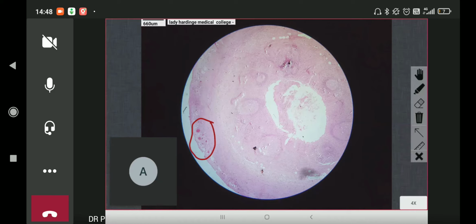Can you please use the pointer? Yes, ma'am. Sorry, what? Ma'am, your cursor isn't moving. So, I can't make out. Can you say it again? Ma'am, we can't see the cursor. We can see the cross marks and all, but we can't see the cursor. There is no cursor in this. I don't have a cursor. Because things are coming delayed, we're not able to understand exactly.